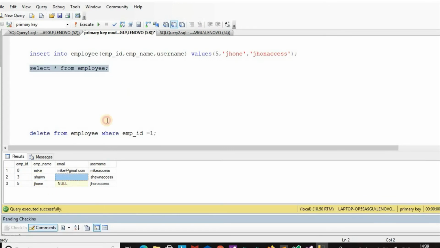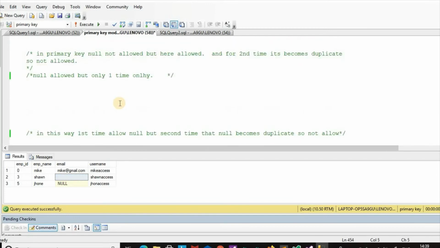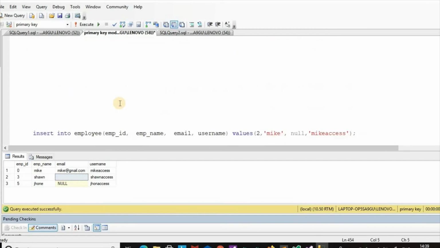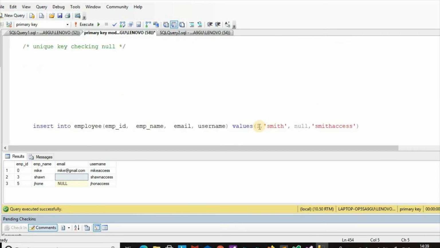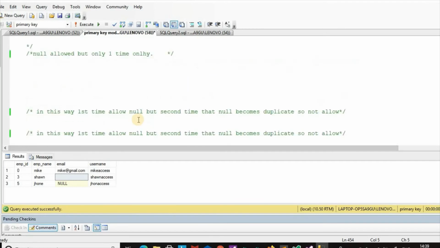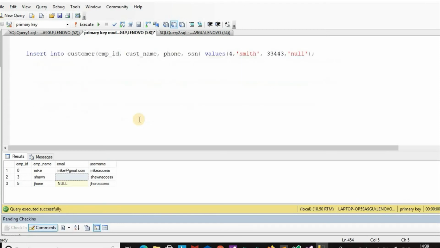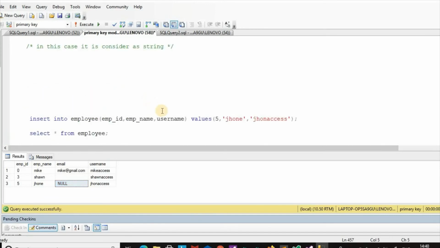The first record has a null value, and this record has a null value. Unique key: this record has a null value, and we have deleted that record. Now this record is inserted into the table.